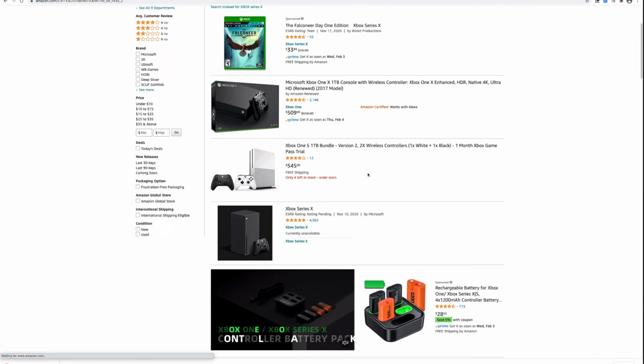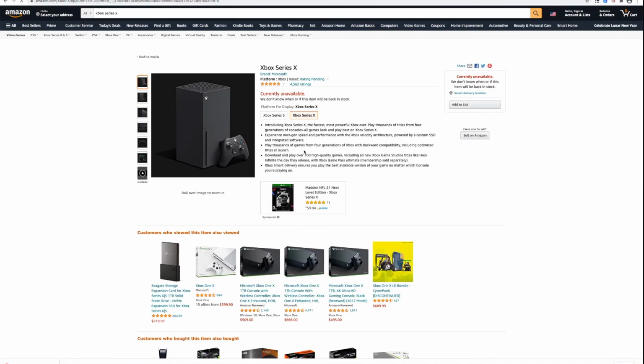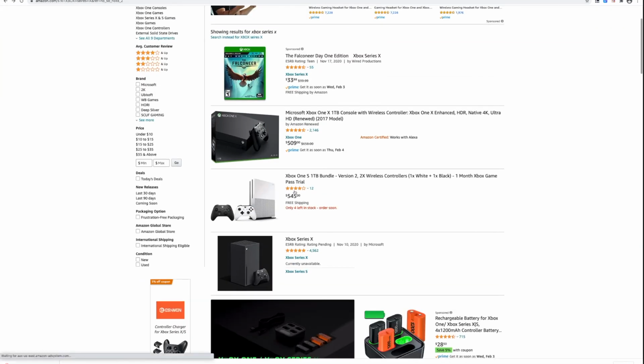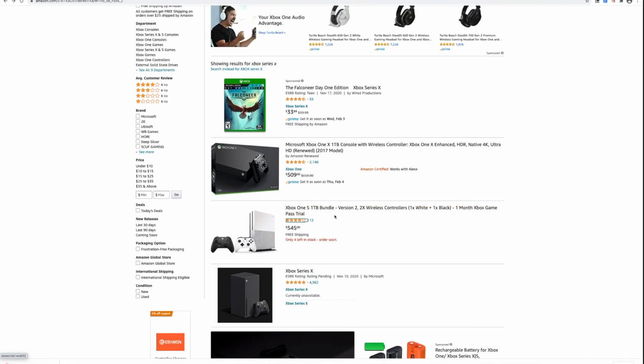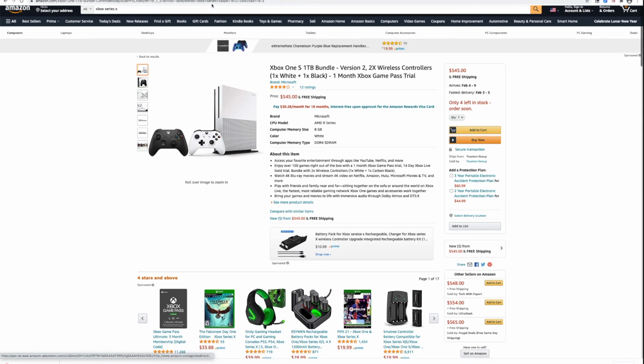And I browse around, and I say, oh, Xbox Series X. They're hard to find these days. Currently unavailable. Oh, that stinks. All right. Well, let's look at the Xbox One S 1 terabyte bundle. Okay. $545. Okay. So now let me go back to google.com,